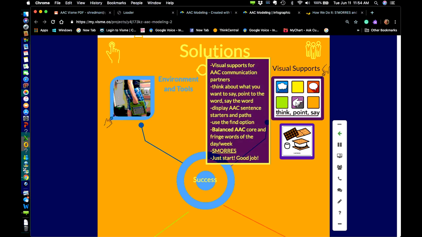And then again, just starting, right? So those are the S'MORES, and that's linked below. We'll take you to the site, to Practical AAC, where that is. And I forgot to tell you, that partner augmented input, the S'MORES, was developed by Dr. Jill Fonner and Matthew Boyd, and they talk extensively in Practical AAC about that, which is really great. And I really encourage you to go out and utilize that.